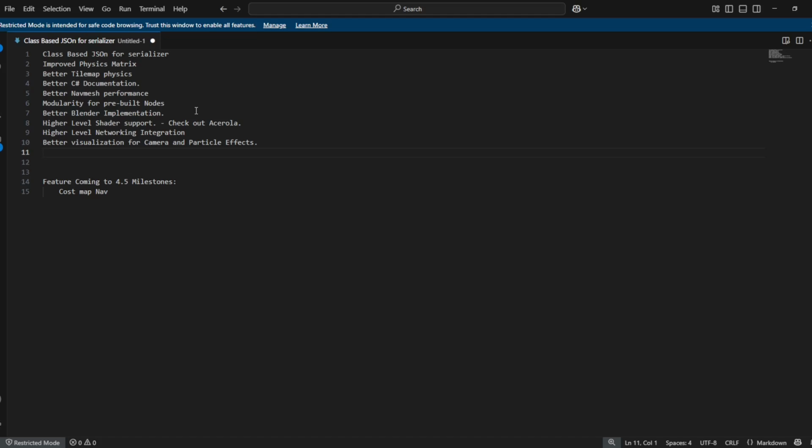They are adding a way to peer through the camera in the inspector. I think it's going to be in 4.5. That's super nice. Yeah, and I love that. Okay, so this is visualization for camera, but yeah, particle effects from what I've seen, they don't really show you what they're like in the editor.